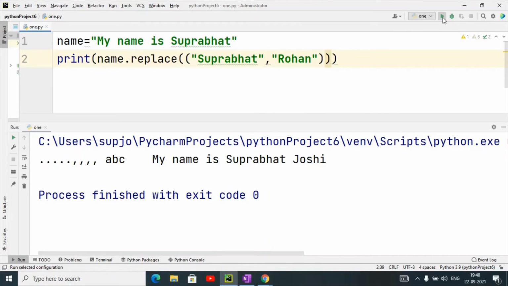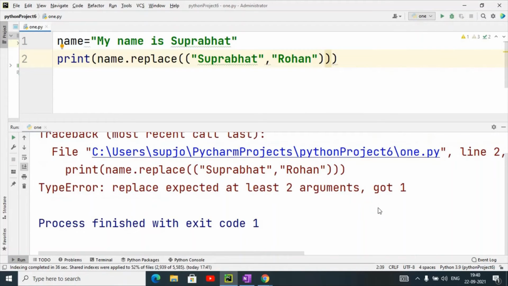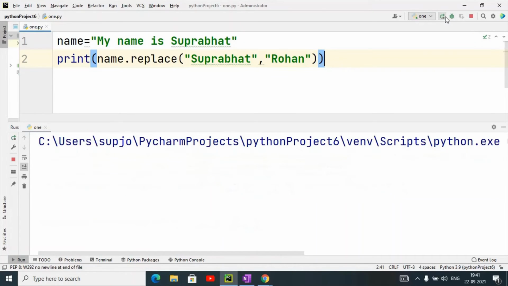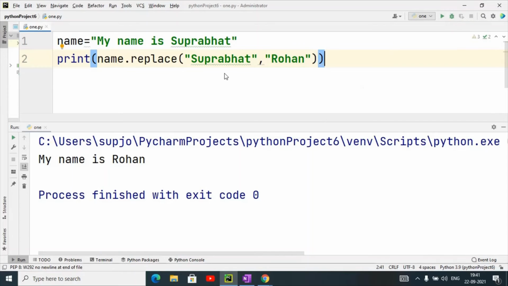When I execute this, you can see that Suprabhat is replaced with Rohan.